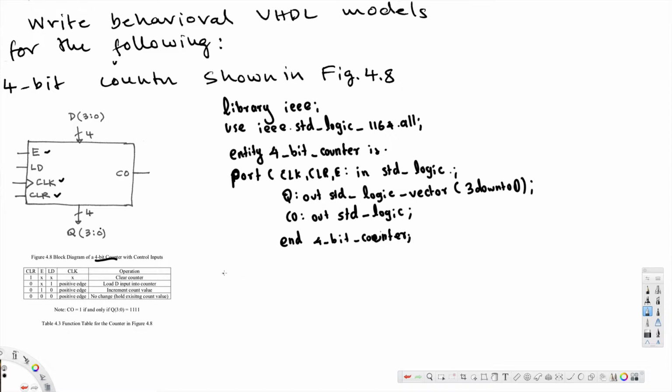Now the next thing is we have to introduce architecture, and here behavioral. The same name given to the entity should be given right here. This is behavioral of 4-bit counter is